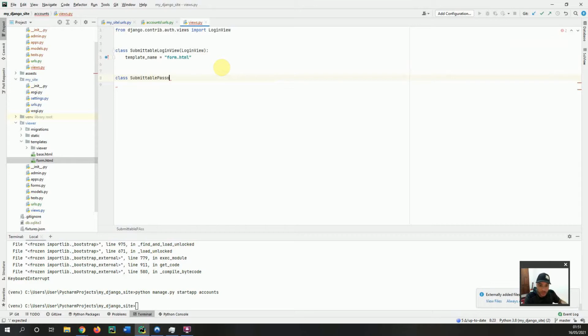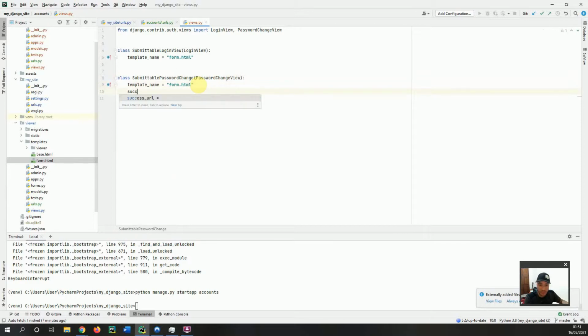So just like my way of using my own class, instead of just using the password change view that comes by default from Django. There's a password change view, and there's a submittable password change, and it inherits from it. And there we would say the template name is, as usual, form.html, because I just need a form, and the success URL. So if the password change happens correctly, I would like to go somewhere,